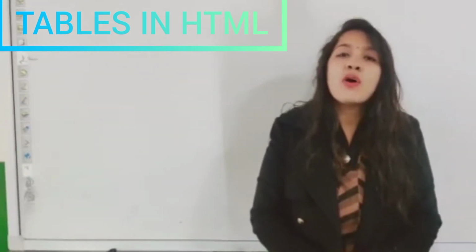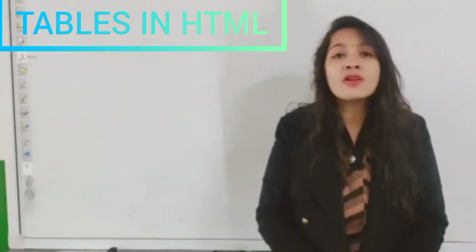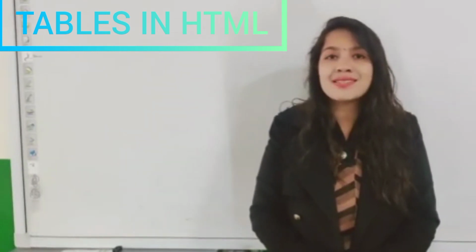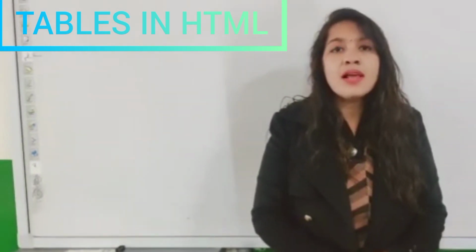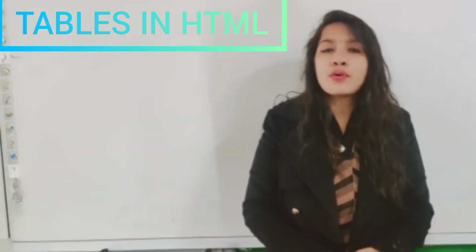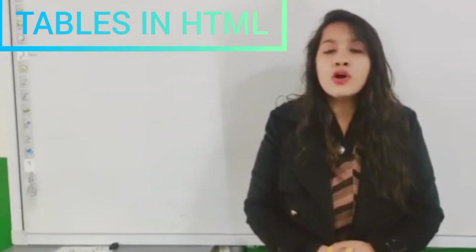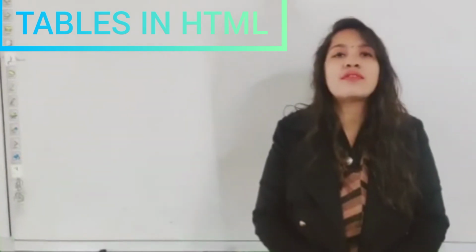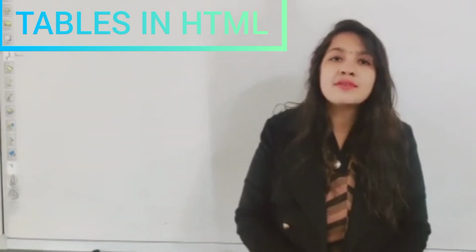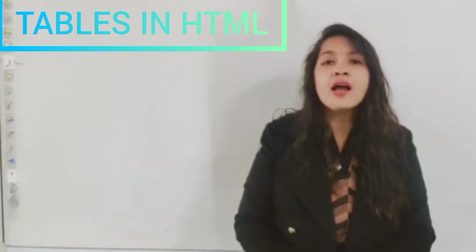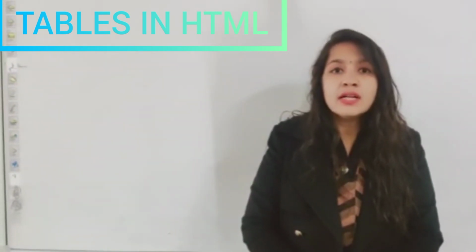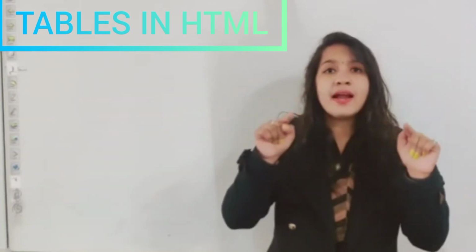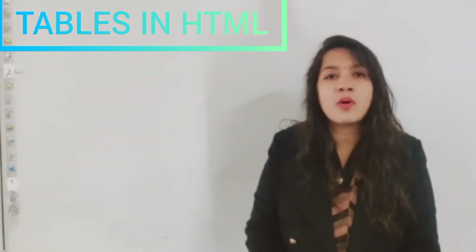So here we can also define tables. But before that, we first have to understand what a table is. Basically a table is the intersection of rows and columns. A row is a horizontal series of cells, whereas a vertical series of cells makes a column. Here the intersection means the point where a row and column meet. There a box is formed, and we call that box the cell.